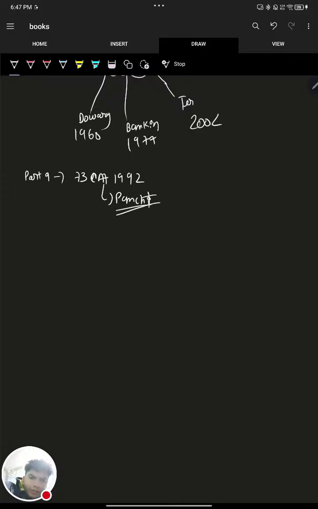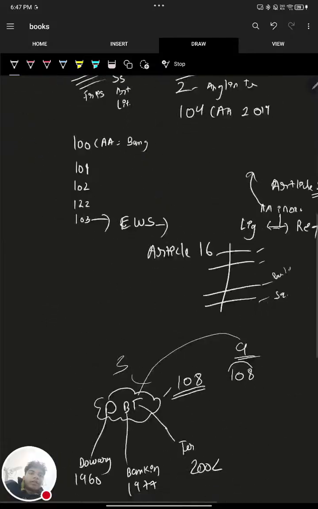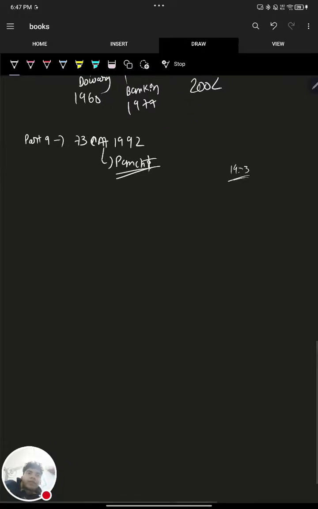And in this Panchayati Raj, like how we talked about the preamble and the Kesavananda Bharati case of 1973, in this also Panchayati Raj was not constitutionally recognized. It was not, but it got recognized by various committees. So these committees are: